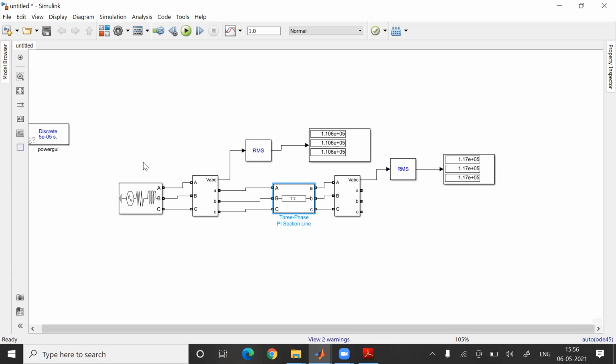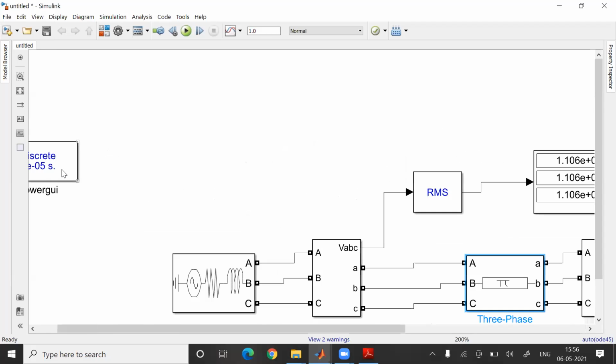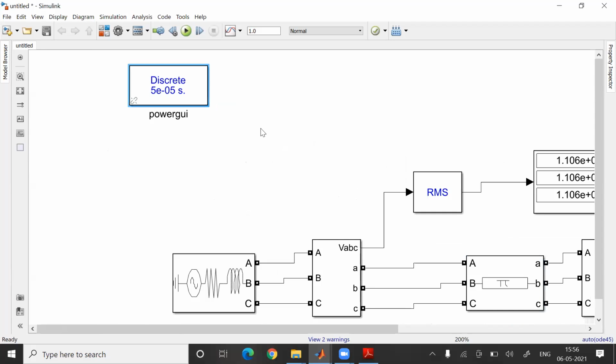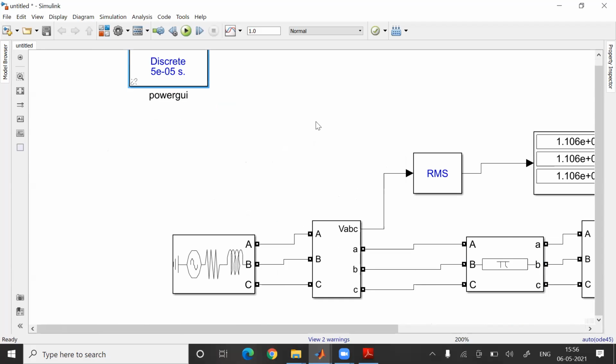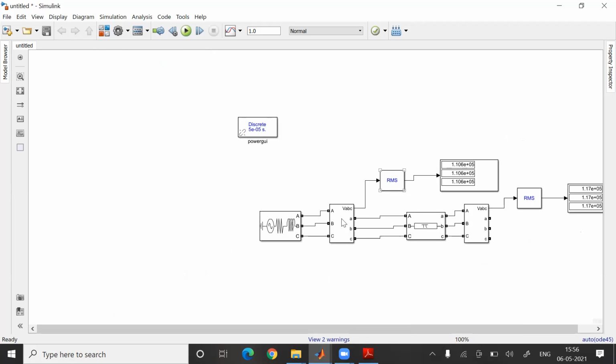Another parameter I just forgot to tell you about. Whenever you are going to design any circuit, whenever you are opting for these black boxes, in this you will get two color boxes, one is blue and one is black.